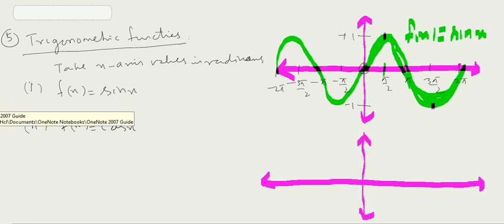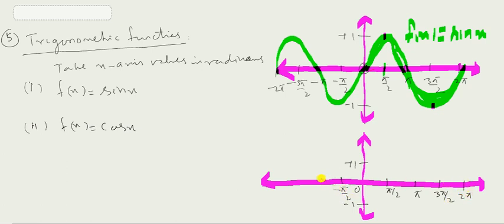And the same values also I will take here. This is 0, this is pi by 2, this is minus 1, and this is plus 1. Then again it is pi, this is 3 pi by 2, and at last it is 2 pi. Here also this is minus pi by 2, this is minus pi, this is minus 3 pi by 2, and minus 2 pi. Okay, now let us plot the graph.